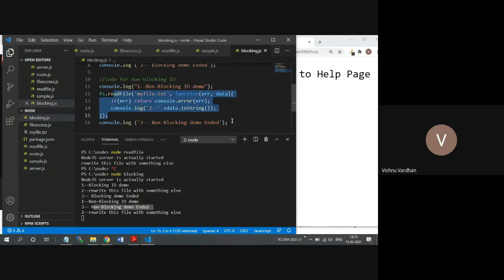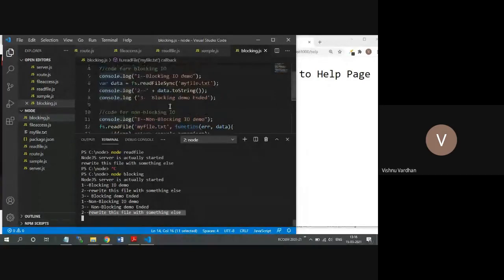That's why 3 is printed, and after a few milliseconds this got over, the data is returned to the readFile method, and it prints the further line of statement.